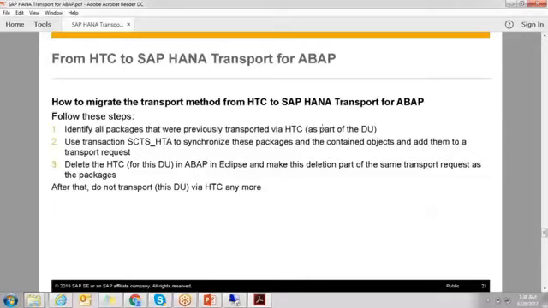Clear? Venkat, in the third method you again came back to assigning the delivery unit, you are saying. Yeah, that is the traditional one. See, one is direct DB to DB, download and upload. If you want to involve the ABAP environment, the delivery unit will be assigned to the transport request.